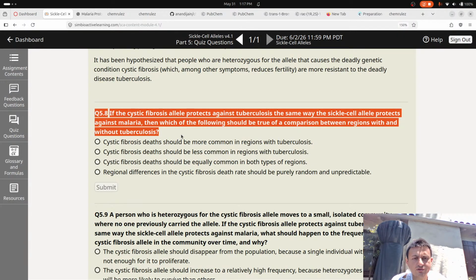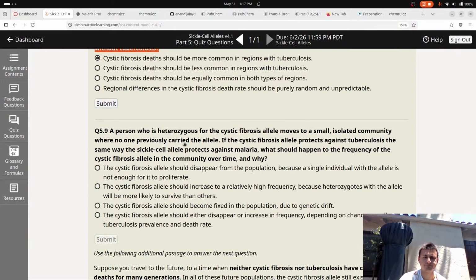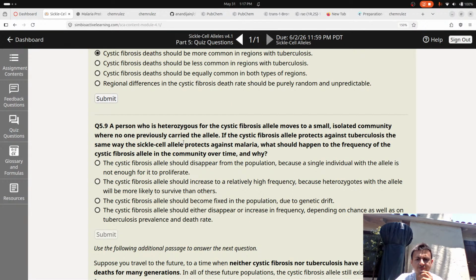If the cystic fibrosis allele protects against tuberculosis the same way the sickle cell allele protects against malaria, then which of the following should be true of a comparison between regions with and without tuberculosis? I would say cystic fibrosis deaths should be more common in regions with tuberculosis because the allele will be more frequent. A person who is heterozygous for the cystic fibrosis allele